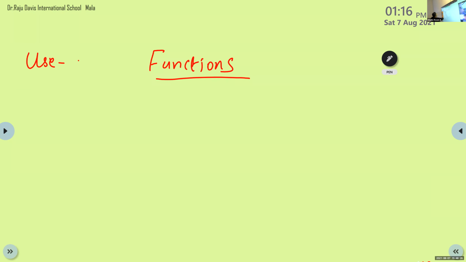User defined functions, that is our topic, but before that we just explain what are functions. Function means it is a group of statements for performing a specific task. Write the definition.